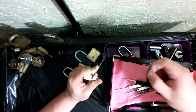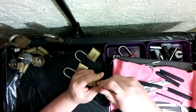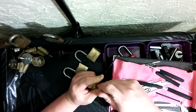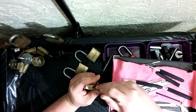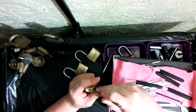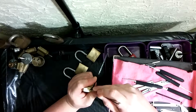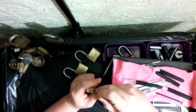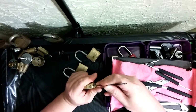and then I want to get this guy. See how pointy it is? A really pointy hook from my cheap kit. I just want to touch him, because after I touch them just a little bit, I get a little more to my false set. And this is where it gets touchy, because when I get counter rotation, if I do it wrong, it just resets. So I have to be very careful. I know it's hard to see because of my light, but